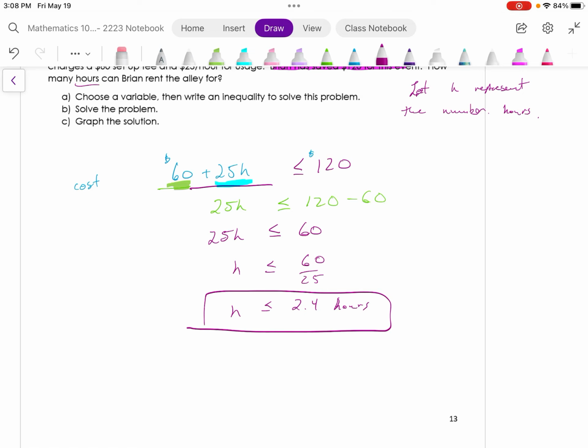Okay, real life scenario: if you go up to the bowling alley and ask, can I rent this for 2.4 hours? They might say no, we only rent it in full hour increments. On the other hand, they might say we rent it in half-hour increments, and if you rent it for 2.5 hours, you won't have enough money. So Brian has a decision to make in real life. In the math problem, he just has to make sure that